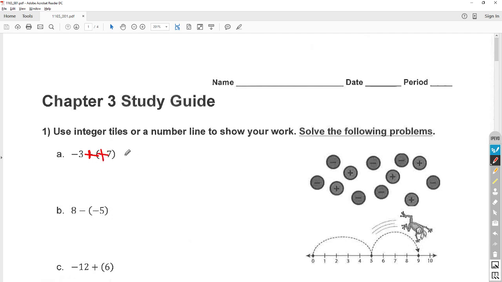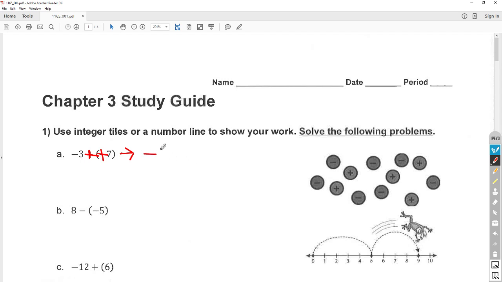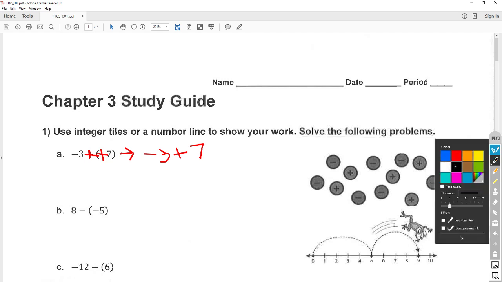So this expression also can represent negative 3 plus 7 positives. Okay, and you can see if I drew a picture here, I would also get 4 positives